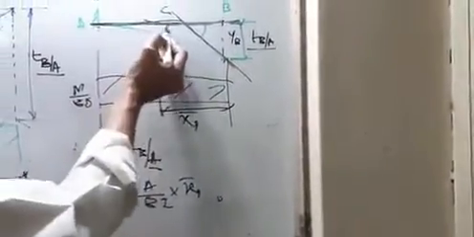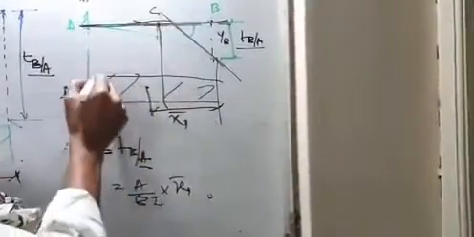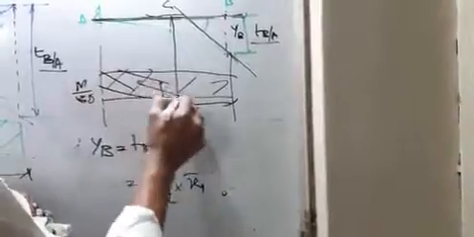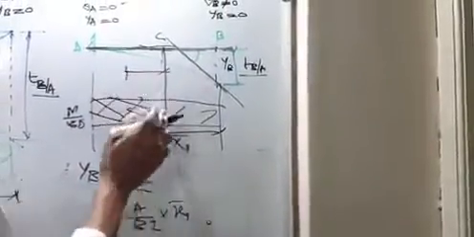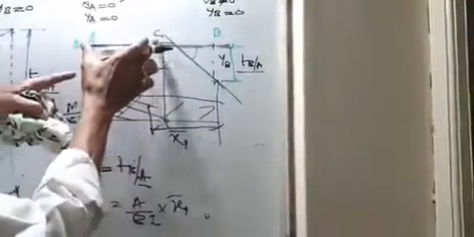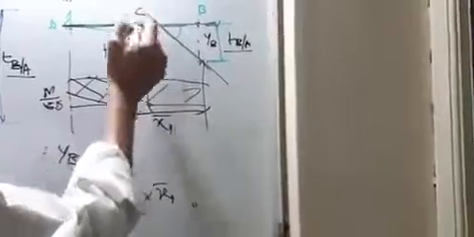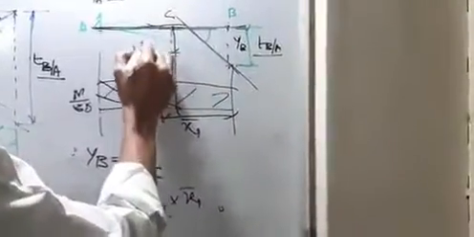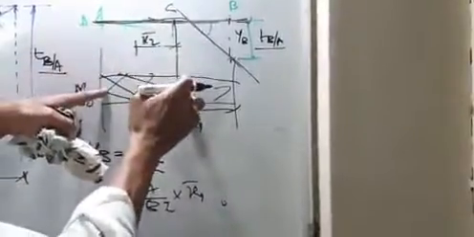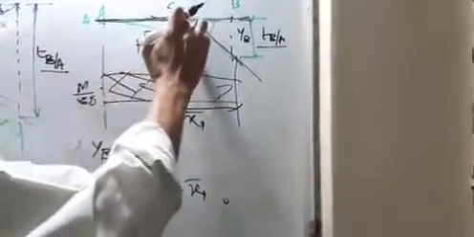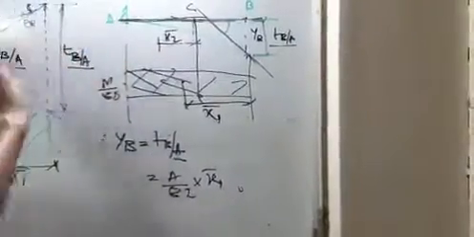Similarly, if you want to get the deflection at C, what do you need to do? You have to take the moment of the M by EI diagram between C and A, and take the moment about C. That means the moment of the M by EI diagram between those 2 points is taken about the point where you are finding the deflection or tangential deviation. Say if this is x2 bar, then the area of the M by EI diagram between A and C multiplied by x2 bar gives you directly the deflection at C. This is how to get the slope and deflection for